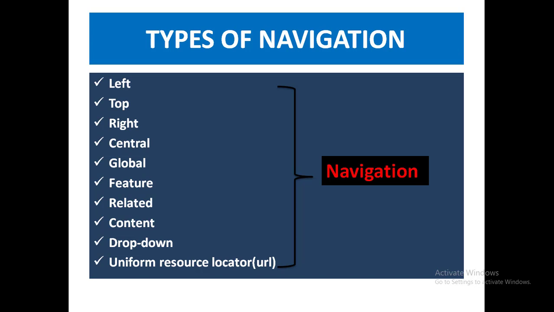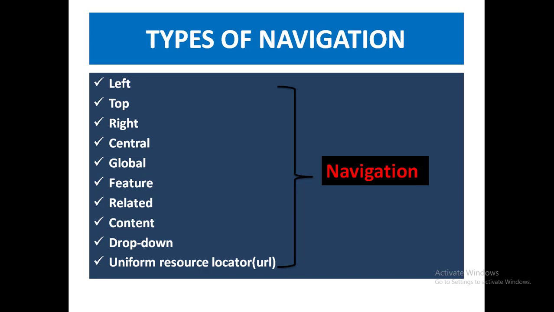Now, let's look at the left navigation. What does that mean? The left navigation is the most common type of navigation. It has become very popular because it responds to user behavior of reading from the left. You read from the left to the right. Top navigation is the second most common, and the icons or what have you are placed at the top. Right navigation is where those things are placed at the right, and central navigation is where the main body of the information is represented.